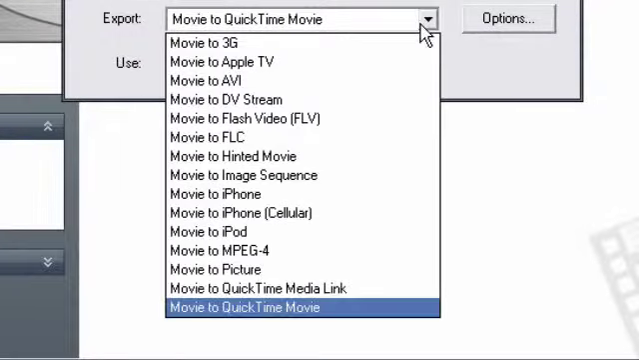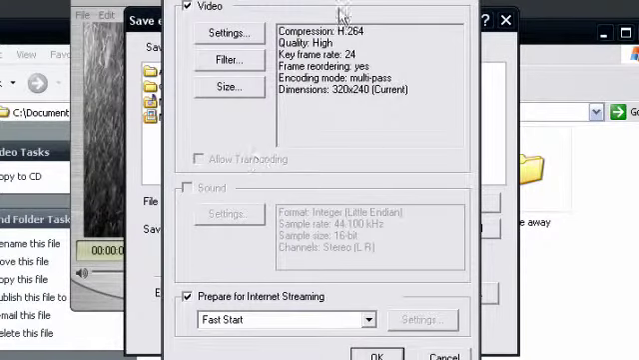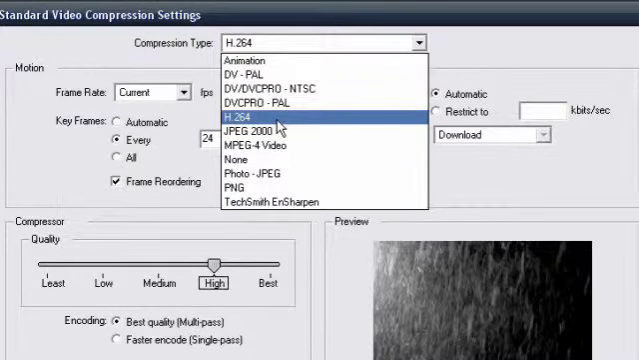First we want to make sure that it's set to Movie to QuickTime Movie. And then we're going to click on Options, and you're going to see some settings and some size and that kind of stuff. And that's what we're going to play with, because we want to change the size of the video as well as the format of the video. So if we go to Settings, we'll pull up our settings. The first thing is this video is already compressed, so we don't want to compress it more. So what we're going to do is change it from H.264, which is a compression type, to